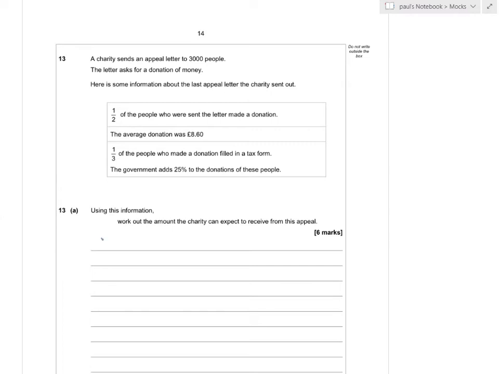So we've got 3,000 times a half, which equals 1,500. So 1,500 made a donation. The average donation was £8.60, so 1,500 times £8.60, which is 12900. Now a third of the people who made a donation filled in a tax form. So a third of 1,500 is 500 people who made a donation and filled in a tax form, and this adds